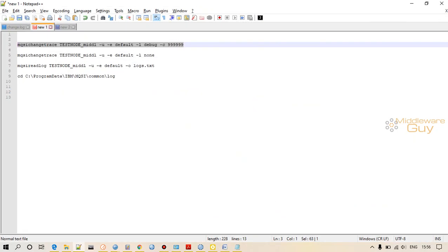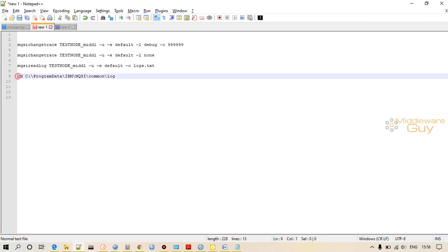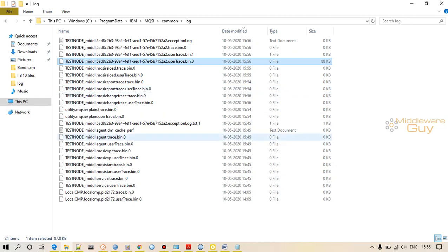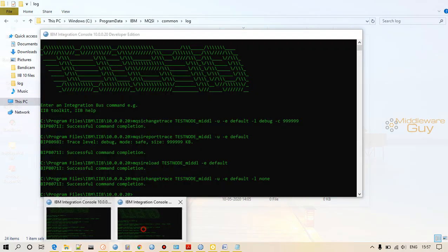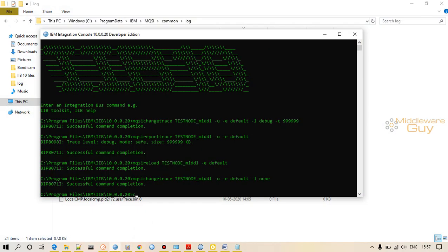In order to make it readable, there is another command called mqsireadlog. But before running this command, you have to go to this location. Okay, so let me go to this location. cd. Oh, cd is already there.